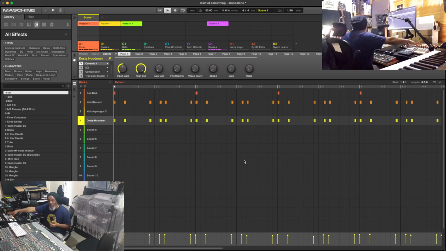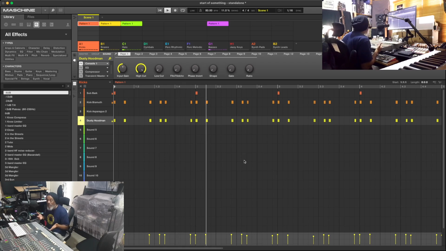But I don't even have to reach over there now because it's literally right in front of me. I can use my Console 1 to mix Maschine. So if you happen to have Maschine and Console 1, Bob's your uncle.